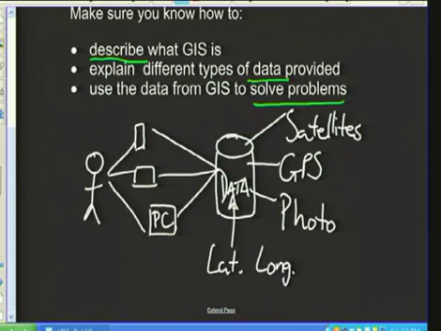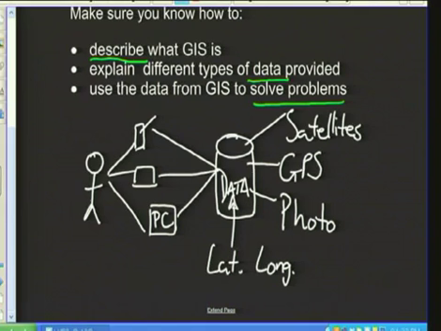And that database then is the storage facility for all of this information. Thereafter, it's a case of your cell phone, your tablet, your PC, accessing the data through a program like Google Earth or ArcView GIS or any of the other programs that are available to you. And using that interface, using that program, the human can get the information, ask the question they need answered, and get the answer back from that GIS that has interrogated the database in order to find that information. So it's a vast